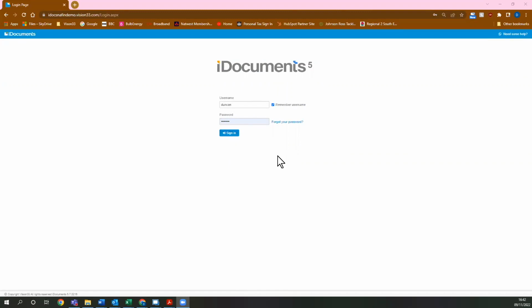So as Carl said, I'm just going to take you through some of the features and functions in iDocuments that will help reduce the time and effort that you spend in processing AP invoices. Let's face it, keying data into a system is redundant time, so let's reduce that as much as possible. And also some of the features we have within the purchasing side of the system to help you get more